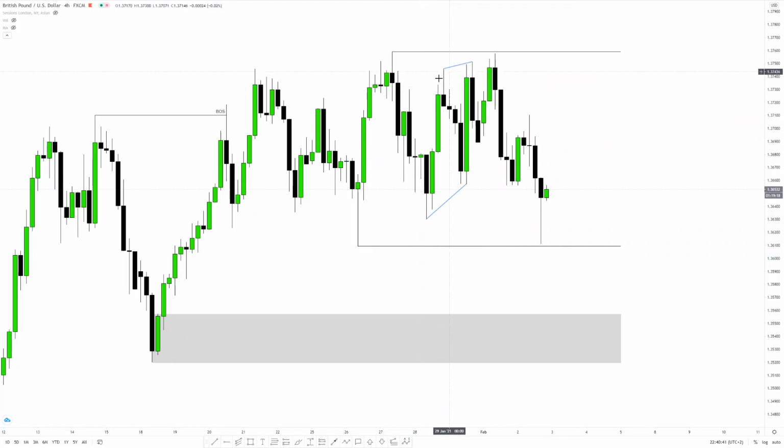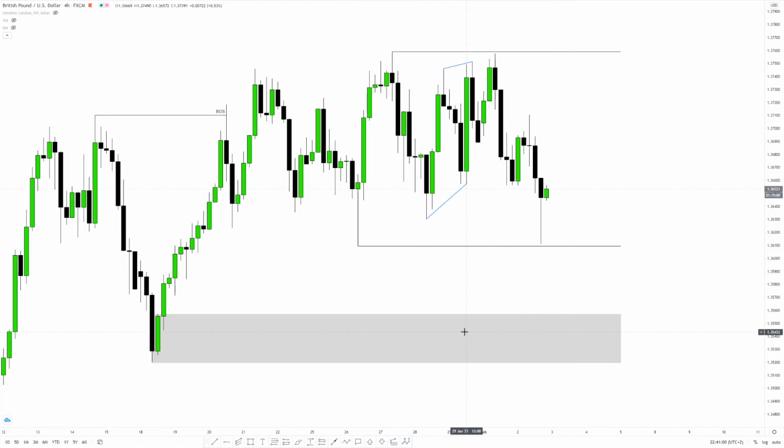This is not really necessary. I'm just marking out the areas where this was equal highs, not really the cleanest, but we took those out and then traded low. Equal lows, we took those out and then we were finding a reason to go higher. But since we created other ones here,